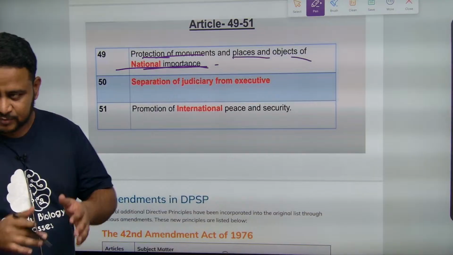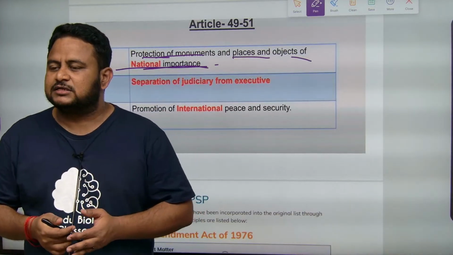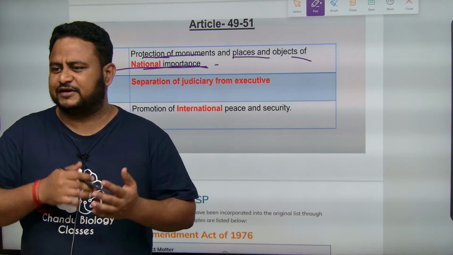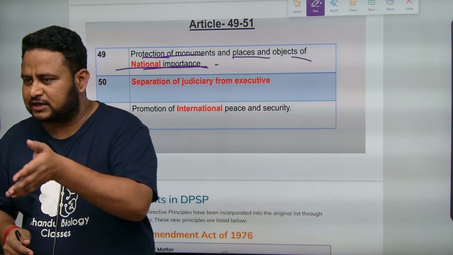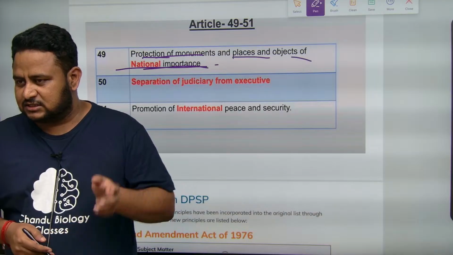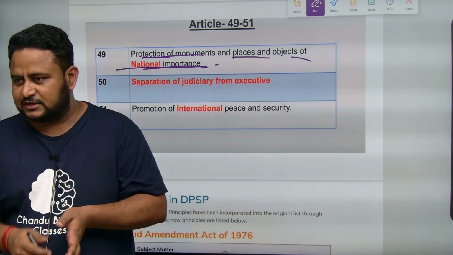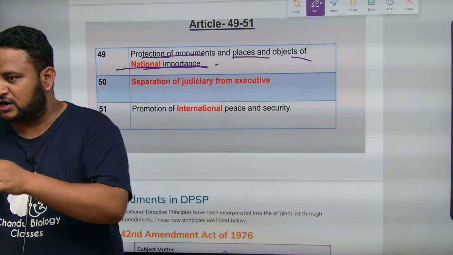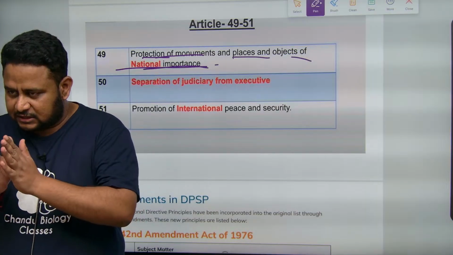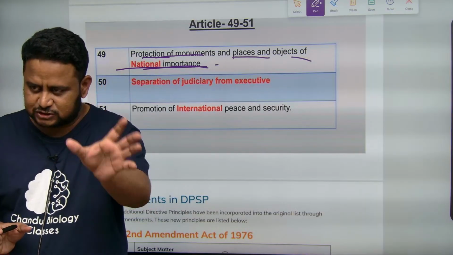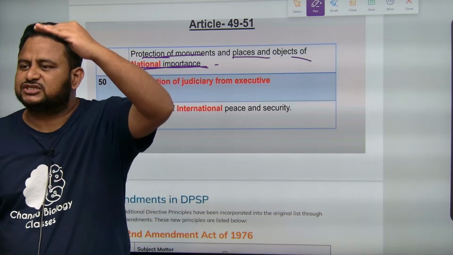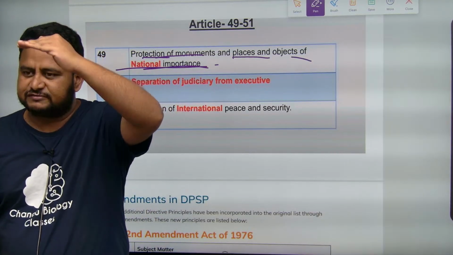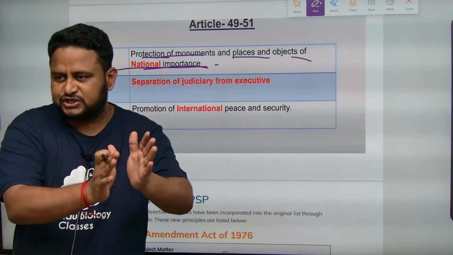Apart from this, when the law is being executed, the judiciary should not keep on interfering, and the executive should not interfere in the judiciary. That is, the minister should not say, please give the judgment like this. They should not influence the judge, so that they are separated. Judiciary, you do your duty; executive, you do your duty, so that national interest is at the top. So that the nation is served better, please separate the judiciary and the executive.